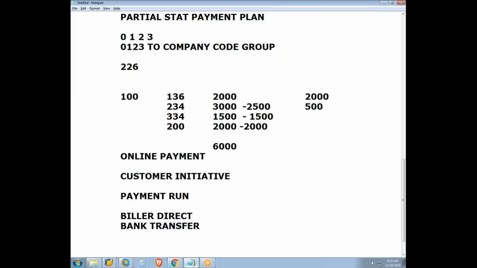A particular media format will be agreed. Based on that, a file is transmitted electronically, or you can send the file as it is, and then they can upload it in their system, deduct the amounts, and then send the payment information back to SAP. And then you enter the payment as a payment lot. Okay. So that is biller direct. Bank transfer means we again send the information to the bank,